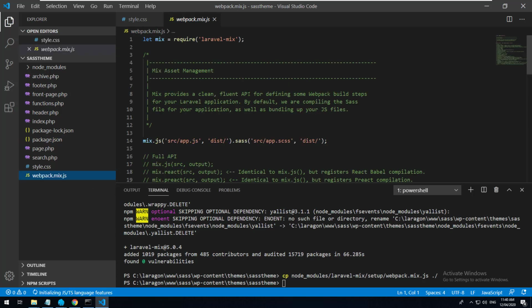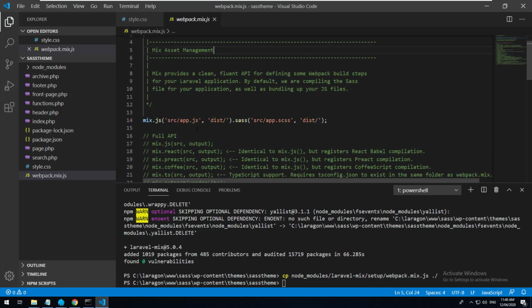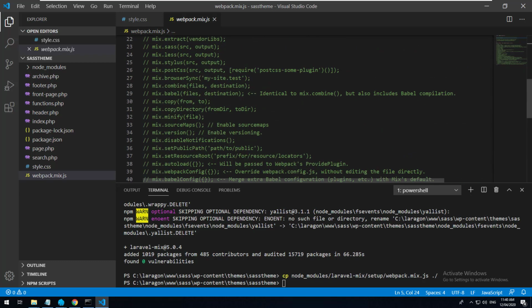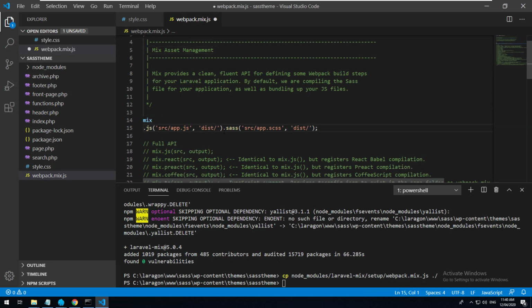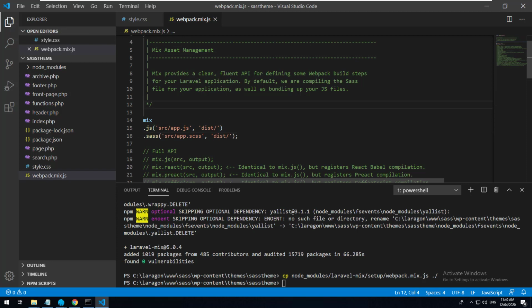So if we go into there, you'll see a lot of stuff in here. The first thing you'll see is this mix asset management thing, which basically allows us to tell Laravel Mix which files to compile and where they should go. And then you have all this stuff which you don't need to use, so don't worry about this right now. It's pretty much just this section here. So I'm just going to separate these with lines. So the first line is saying, find a file called app.js and then compile it into our dist folder, which also doesn't exist. So let's go and create a new folder called